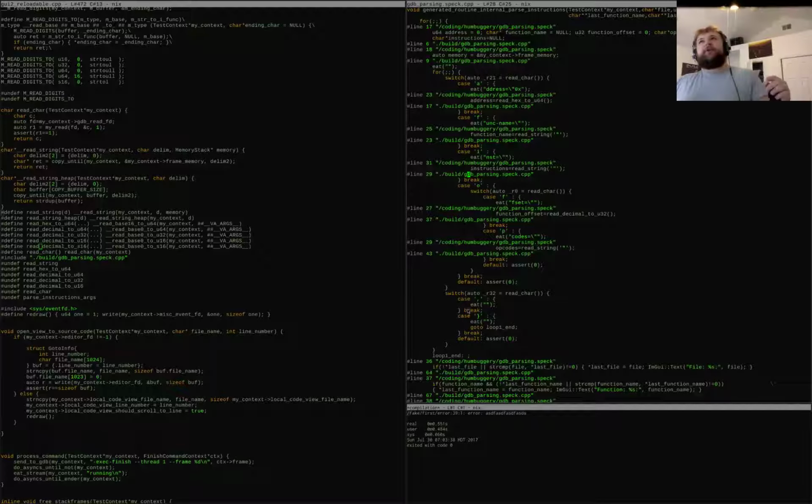If I did it in another thread, the next character would already be in my process's memory by the time I needed to read it. That's not really that big of an optimization, but the real reason I want to do it is that readchar right here